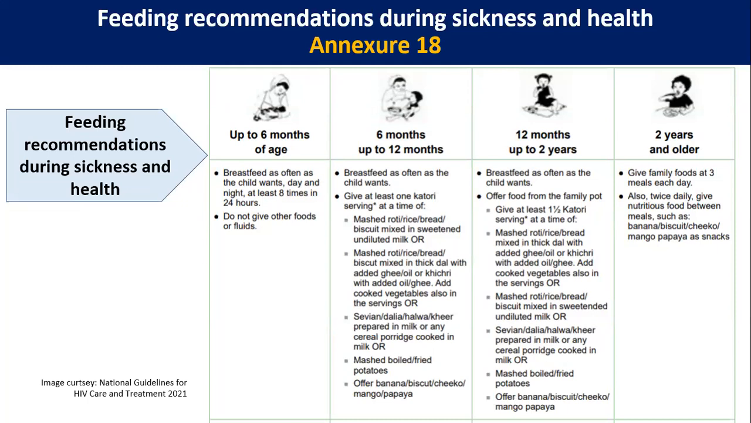Similarly, from 6 months to 12 months and 12 months to 2 years also, we gradually introduce the supplementary food. And after 2 years of age, whatever family food is available at each meal, we should provide that to the children at least 3 times a day. And we also provide snacks such as banana, biscuit, chiku, mango, papaya in between